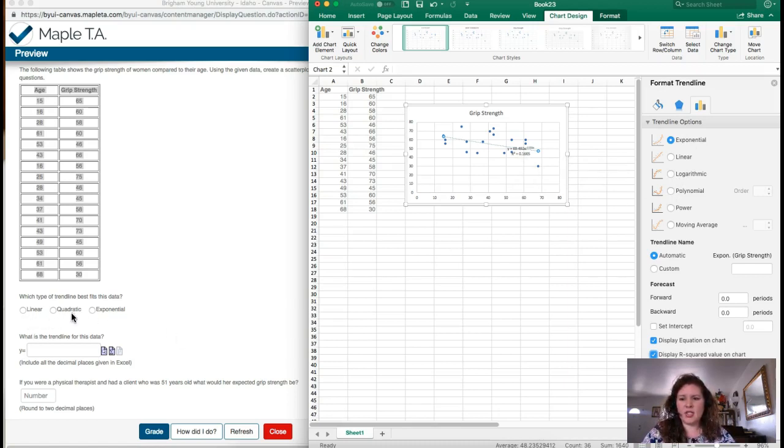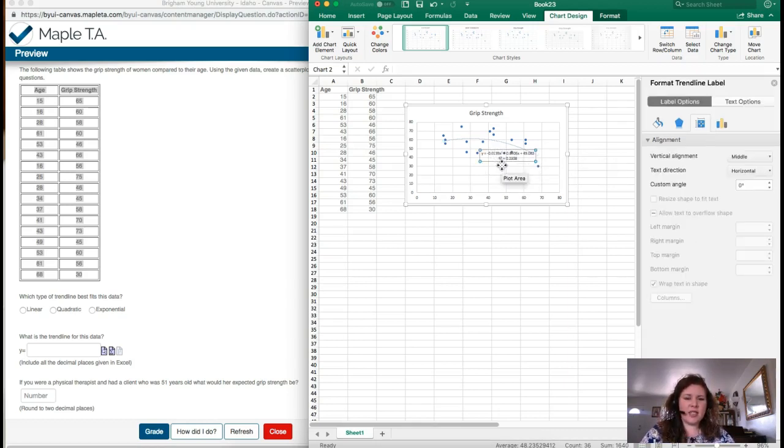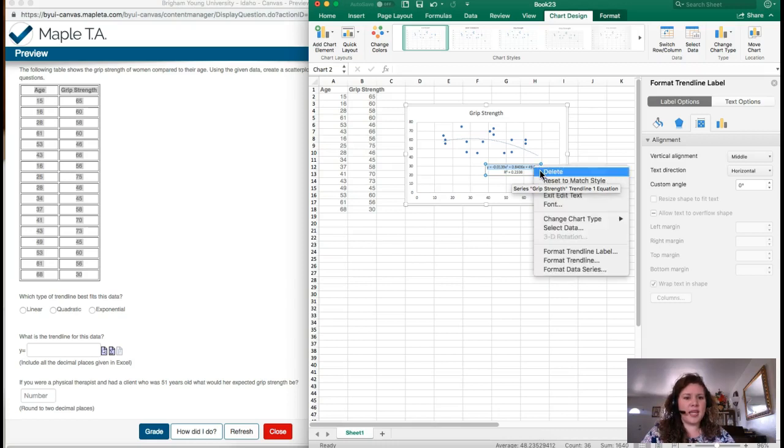So we have linear, exponential, and quadratic, which is the polynomial of order 2. That means that the x is being squared. And this one is better, 0.2338. So that's better than the 0.13 or the 0.1 or the 0.14 or the 0.16. It's still not fantastic because the closer to 1, the better it is. But in our options here, linear, quadratic, and exponential, that is definitely the best of the three. And then because I found the best one, this tells me that this equation right here is the best equation for my trend line. So I'm going to highlight this, and I'm going to copy it as well